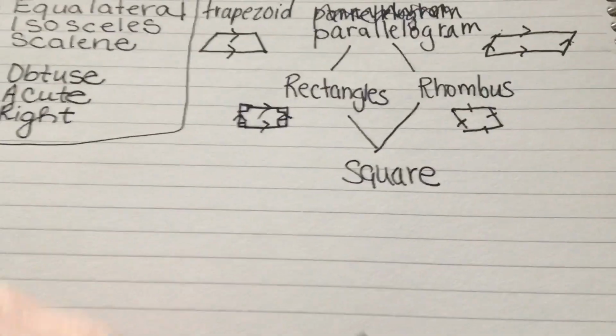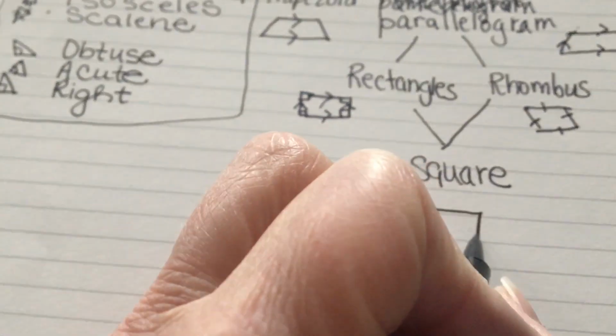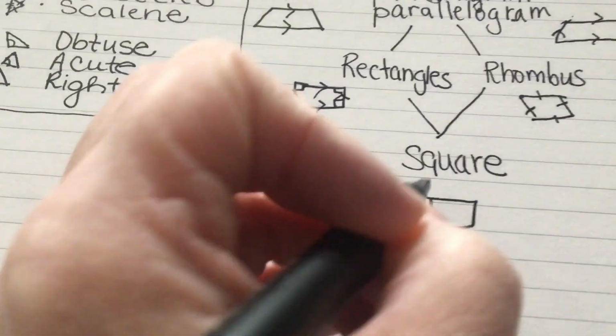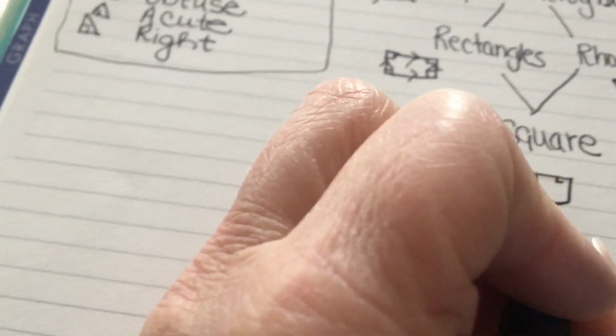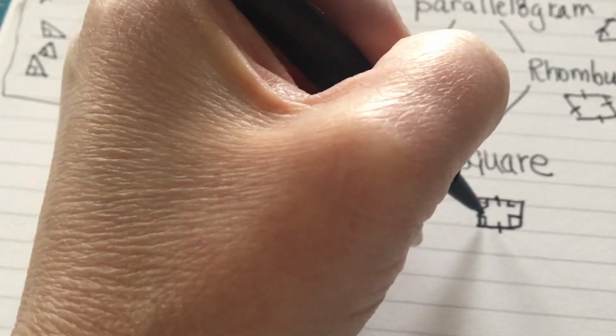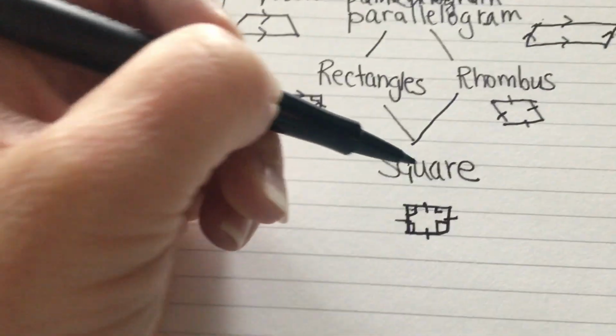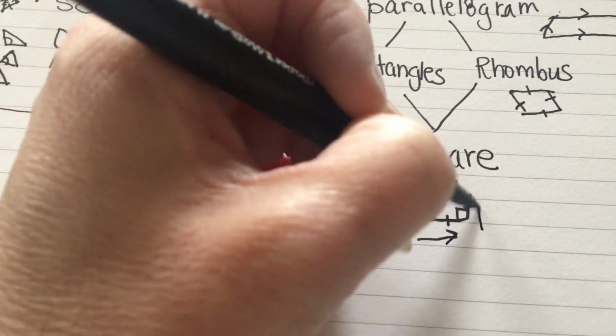And a square down here is going to be everything because a square has four right angles, and every side is equal, and it has two sets of parallel sides,